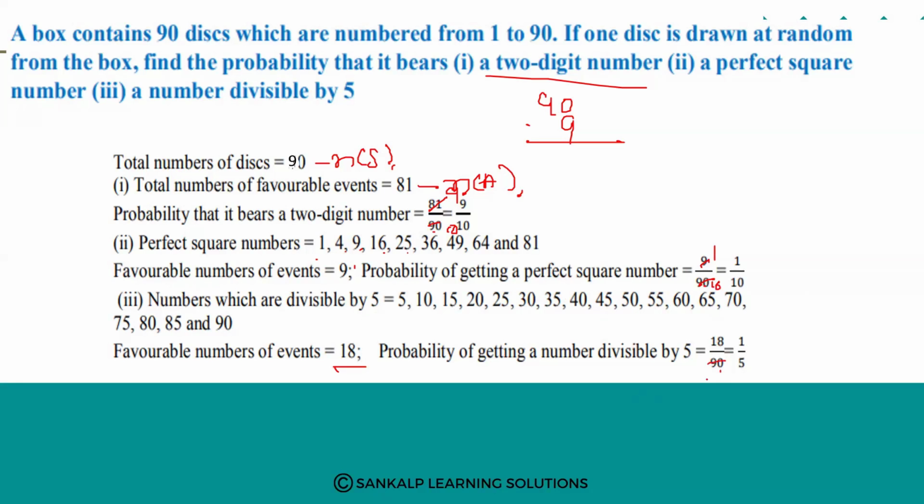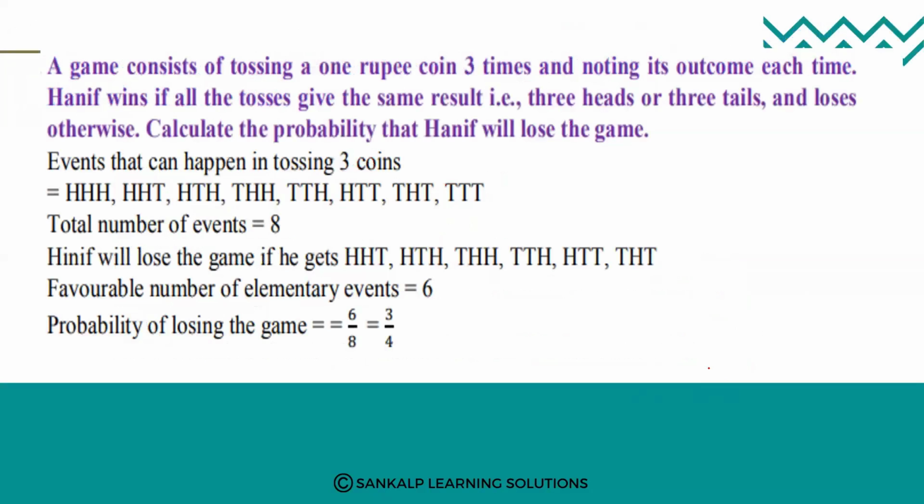That is 9 tens, 9 twos are 18, 2 ones are 2, 2 fives are 10. So 1 divided by 5 is the probability of getting a number divisible by 5. Understood? Next one. A game consists of tossing a 1 rupee coin 3 times and noting the outcome each